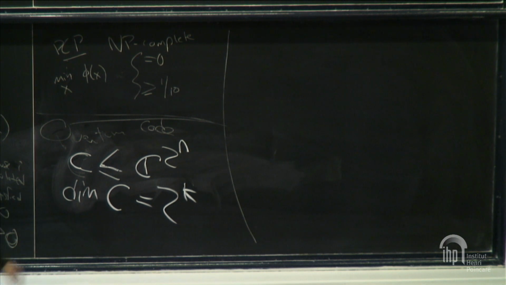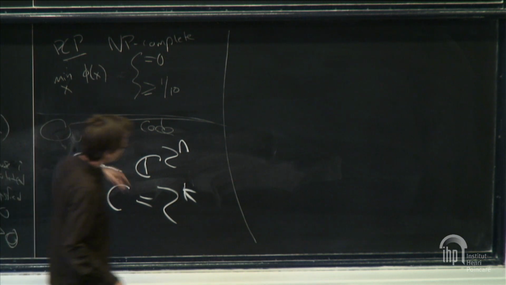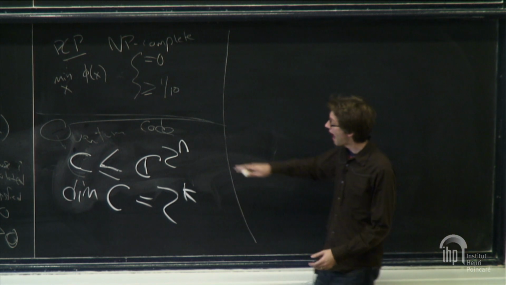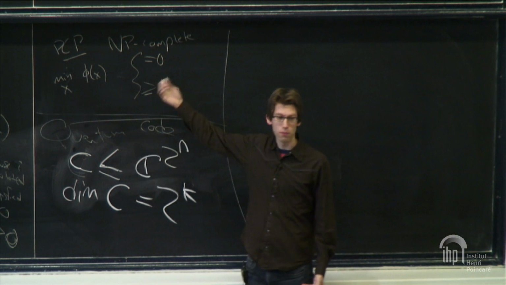And there's a notion of distance also, which I'm not going to precisely define, but roughly it means if I want to go from one code word, one encoded state to another one, I have to touch at least d positions. I can't do it with just touching a few. I have to touch d positions. And classical mechanics should be a special case of quantum mechanics. How can we get classical codes from quantum codes?